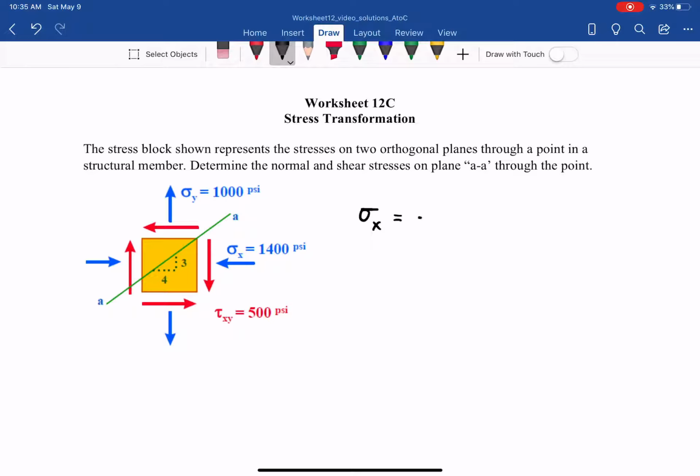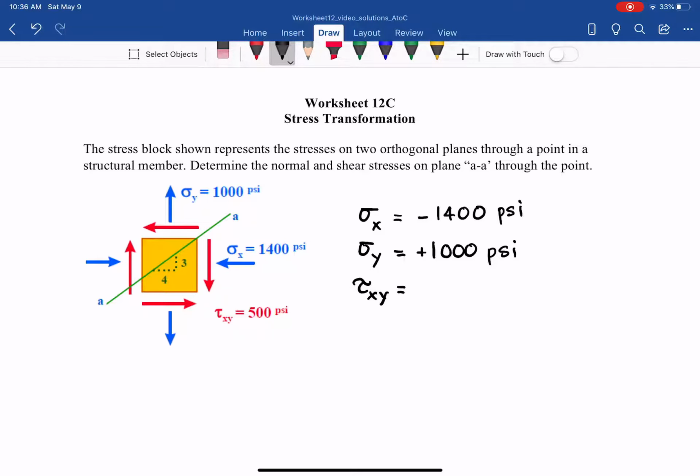So it will be negative 114, nothing new so far, psi. And then the sigma y goes out of the plane, so it is in tension. So you have sigma y equal to positive 1000 psi. And the tau xy,